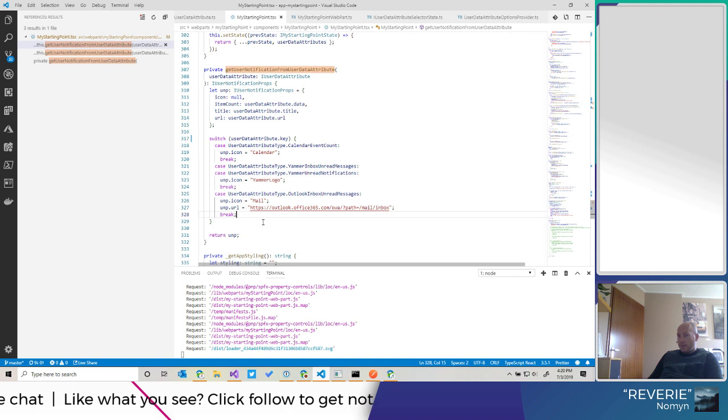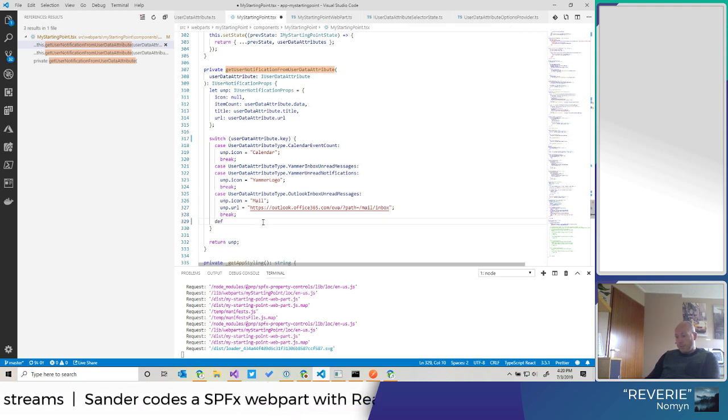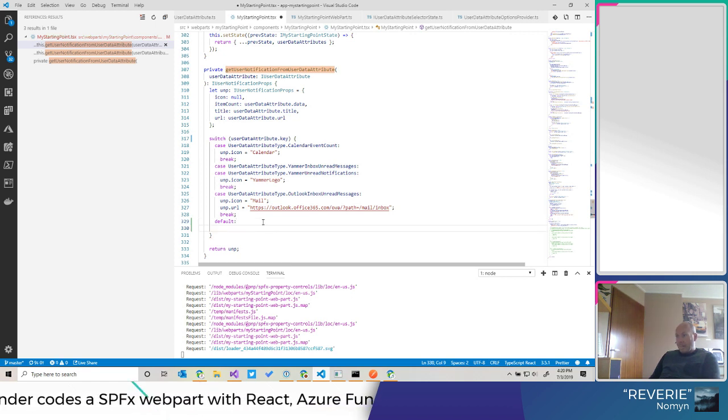Let's see. Because what is it doing? It's getting the icon. It's getting props. We could add a default at least, where we don't do anything.